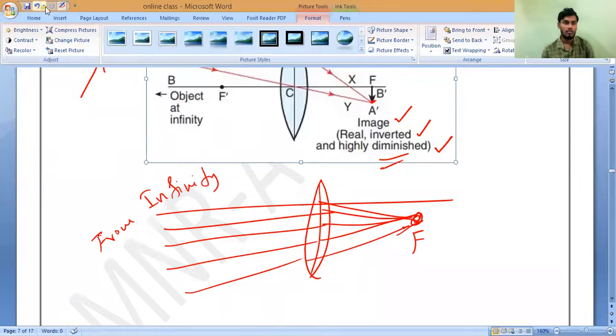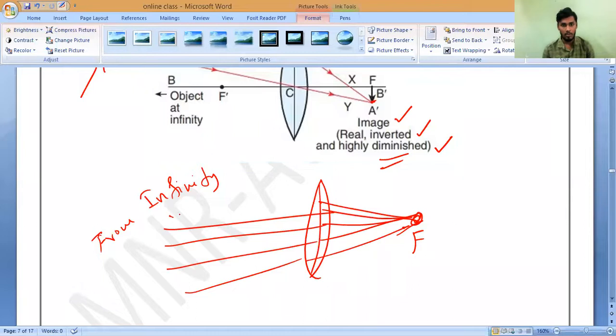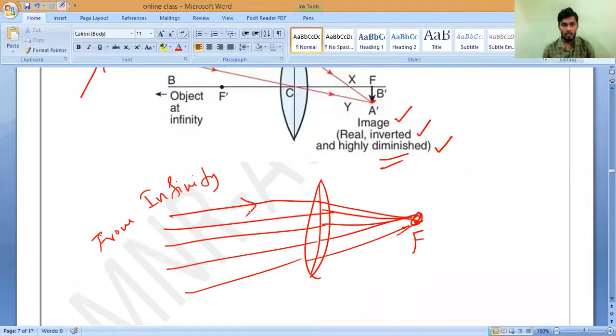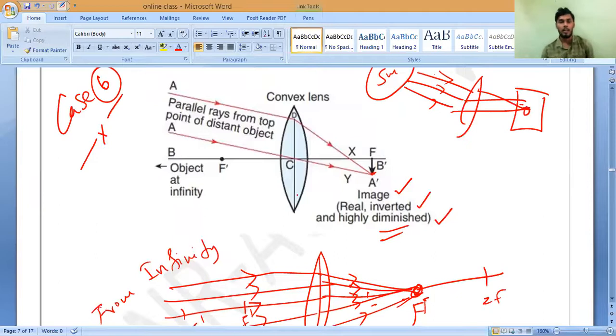Understand that, sir? Is it okay? You can draw this also. It is correct only. But in the exam, if they ask you, try to draw this. Mention all the things perfectly. Don't miss it. F dash, 2F dash, and here also. Here F, and next somewhere 2F will come. You can draw this below one or above one, but both have the same characteristics. But I will prefer this one.